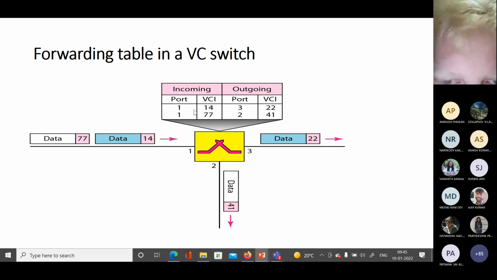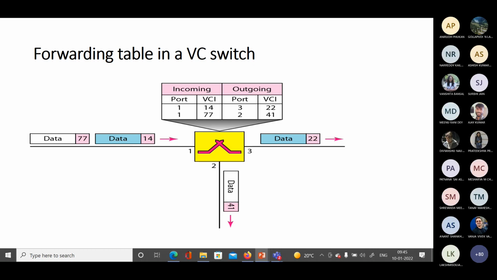The packet with VCI 14 is to be forwarded to port 3, and the corresponding VCI is 22. So whenever this packet arrives, its VCI has to be replaced with 22 and then it is transferred over link 3.